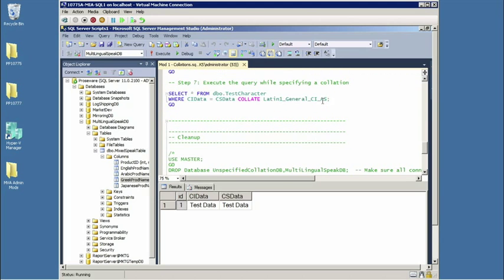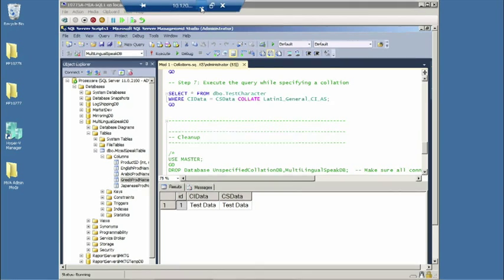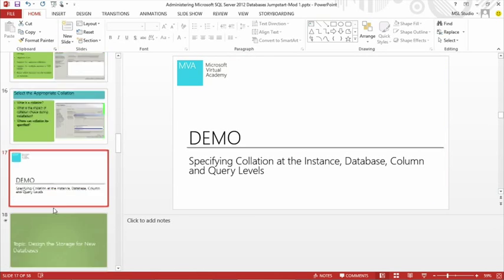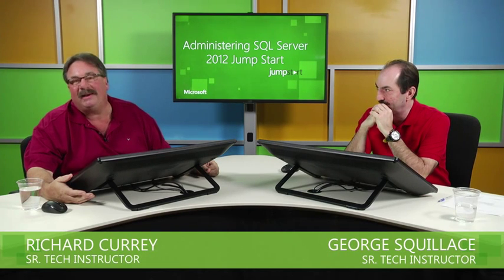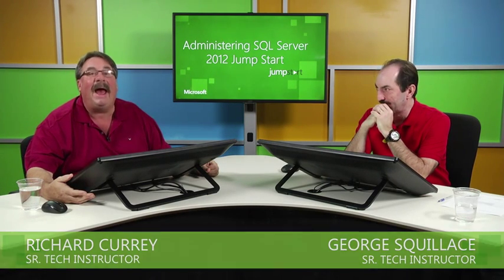Very cool. There are a couple other things in here we could take a look at, but that's good for now. So overall, there are some things that you can choose. There are some things that you can't choose. There are other things that you can change if you choose them wrong. Installation's about trying to get it right the first time, but not being absolutely locked in on everything. Certainly with collation, we have some liberty after the fact. Awesome.